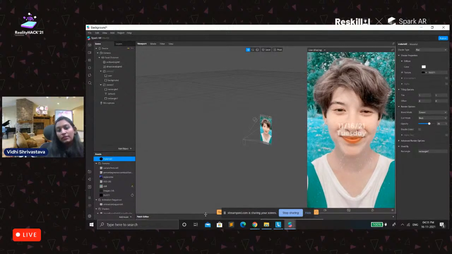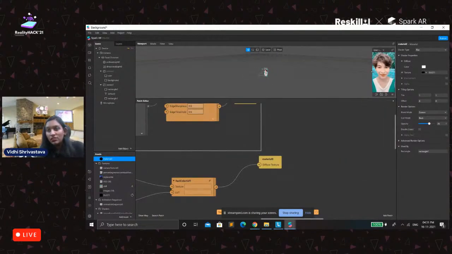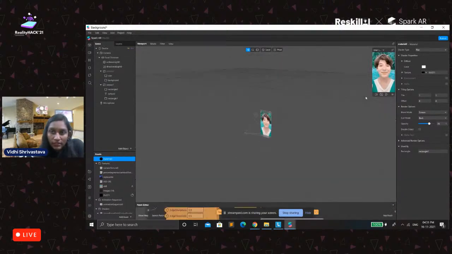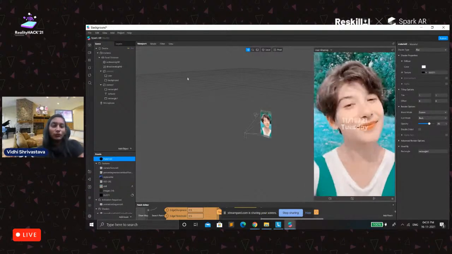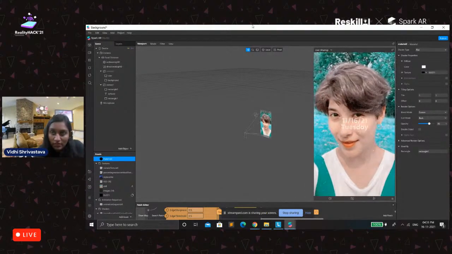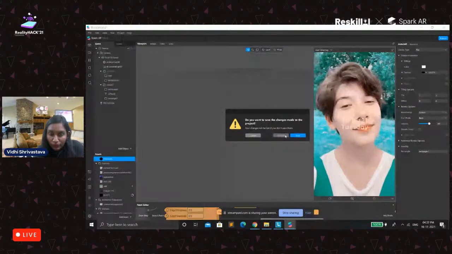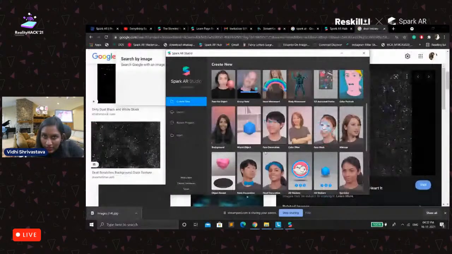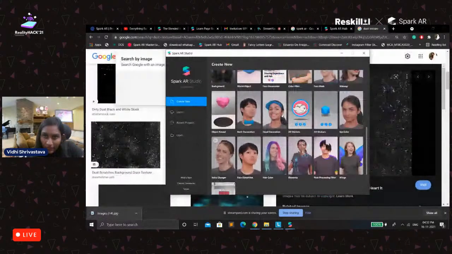If you want that the user should tap and change the color of it, that also you can do. So all these things usually depend on oneself how he or she is going to do it, and it becomes quite easy to make these basic filters. So let me remove it, and let's take one more and quickly